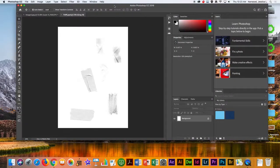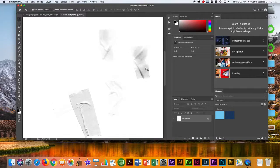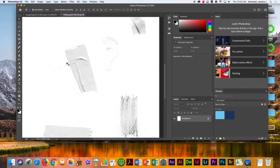I've done things where I just scribble on a piece of paper or put tape on a piece of paper and I scan it in. And then you can make brushes. When we had this as a 5-hour class at one time, we would bring in a bunch of markers and crayons and things like that, and we would scribble all over, and then we would scan it into the computer. And then we can take that, fingerprints and all, and make a selection, and as long as my background is white,